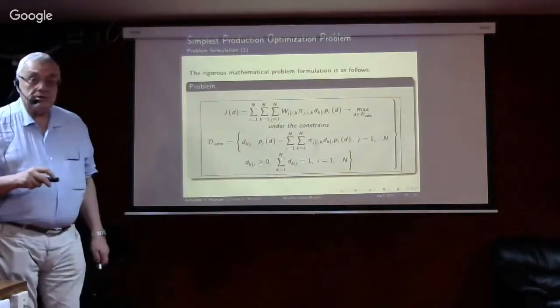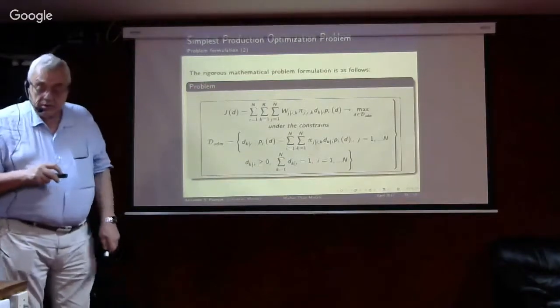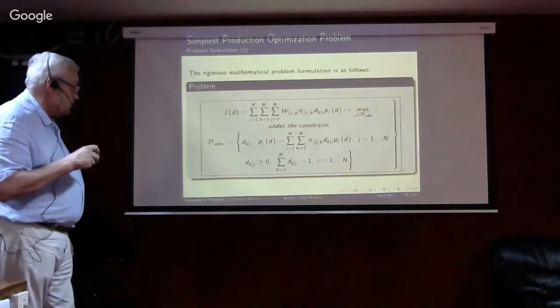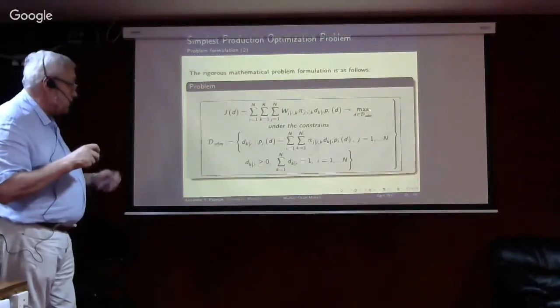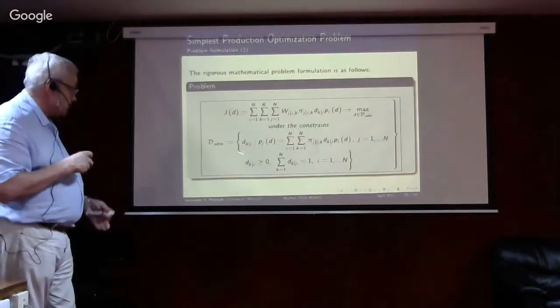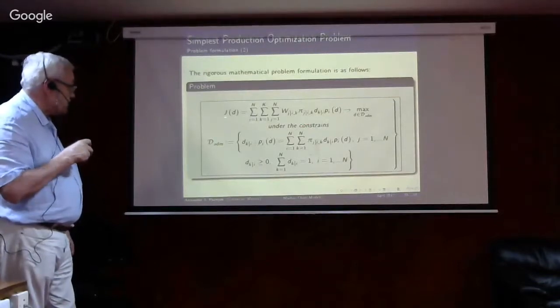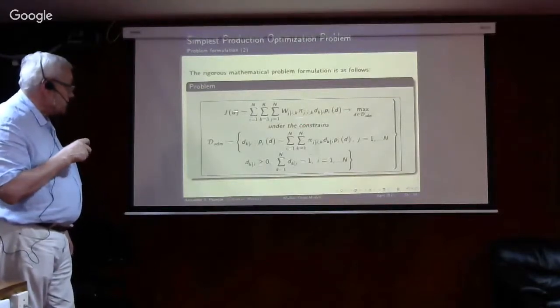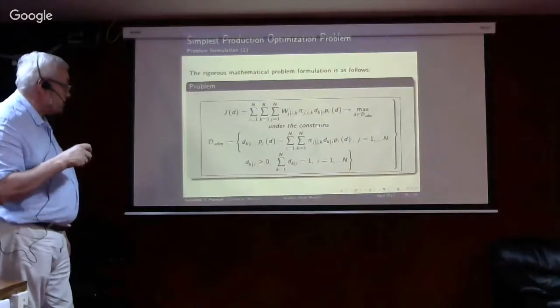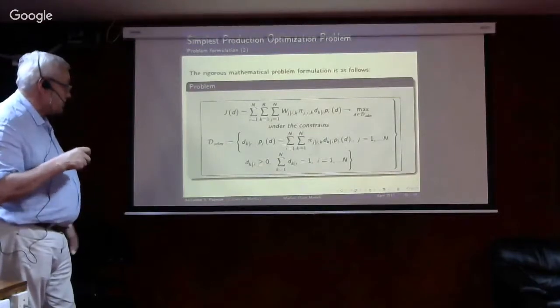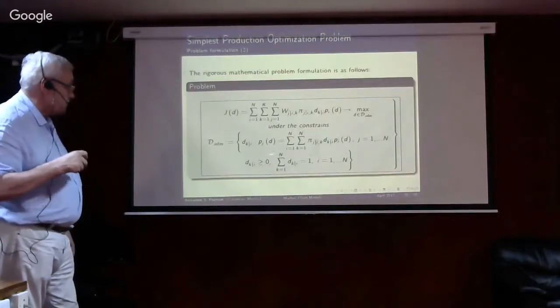So our problem, the simplest problem in Markov chains: we should select our strategy D, which belongs to an admissible set. I will show you what this is. It looks like that. Our income on average is like this. Under which constraint? The constraint is this one. It is the ergodic constraint of the final stationary distribution and also the constraint of the simplex.